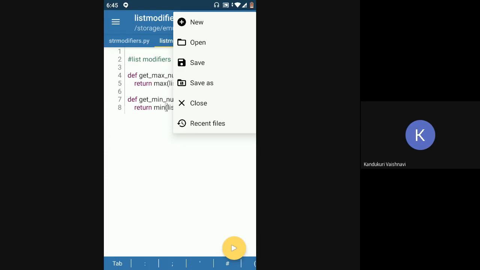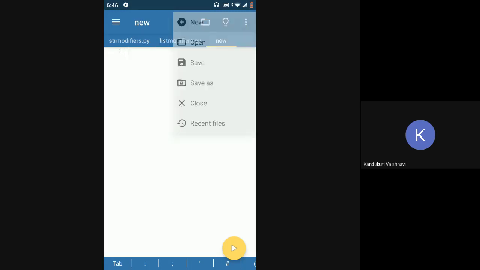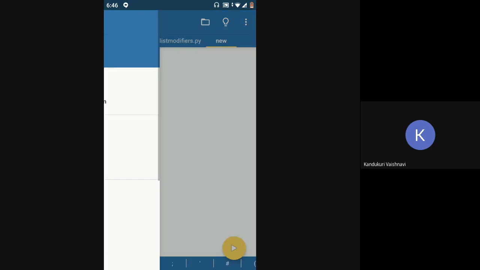One more thing: in order to convert any directory into a package, you need to add another file. This file does not contain any content as such, but it is necessary in order to convert a directory into a package. Without this, probably the modules won't work properly inside your package.